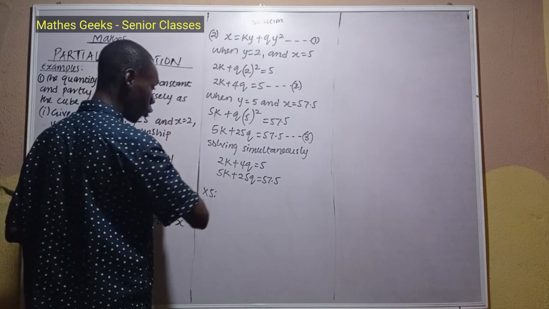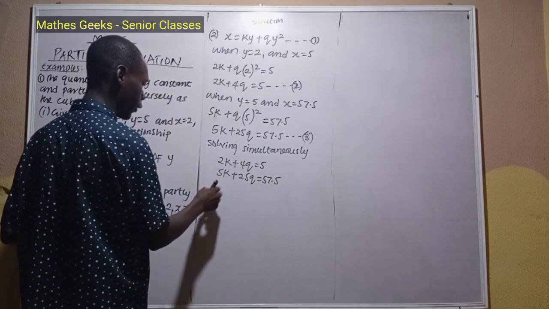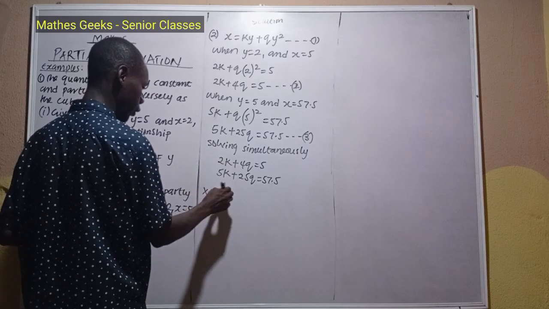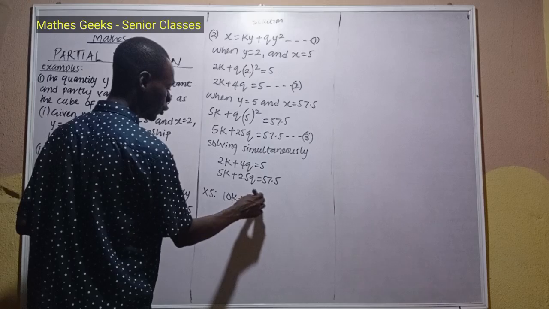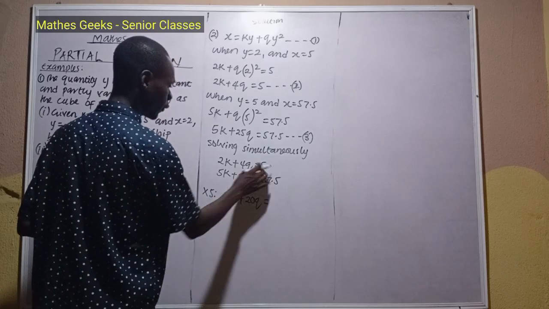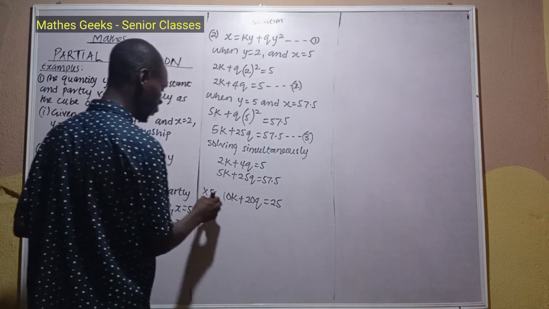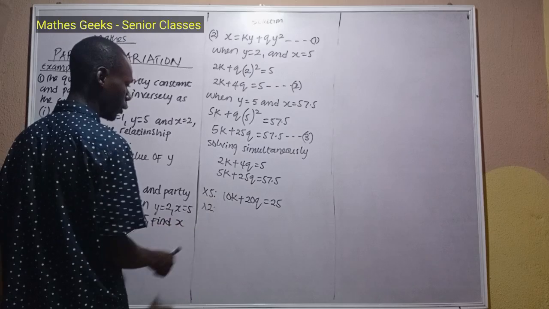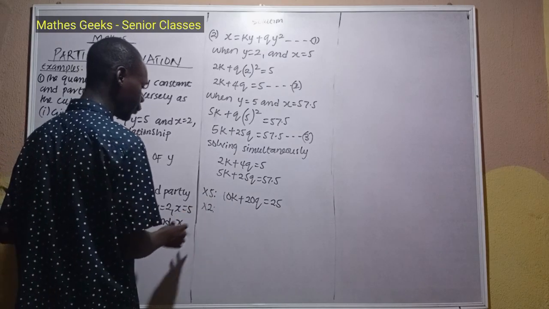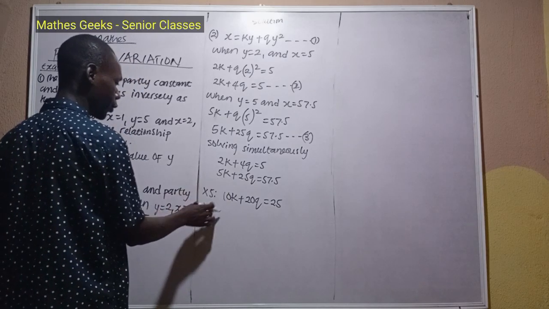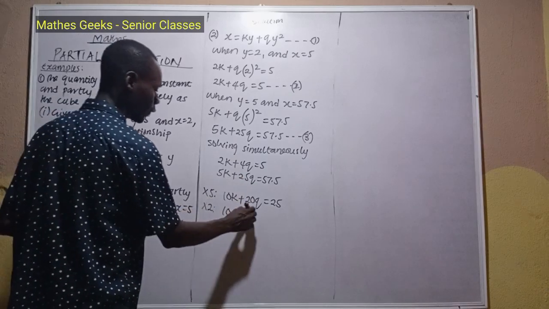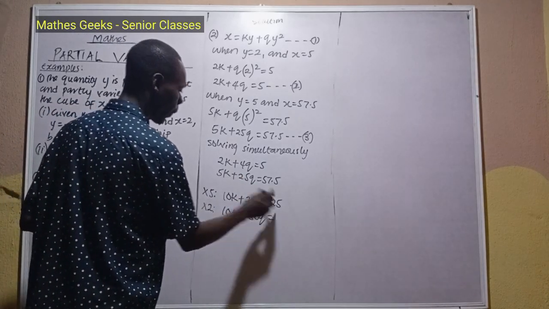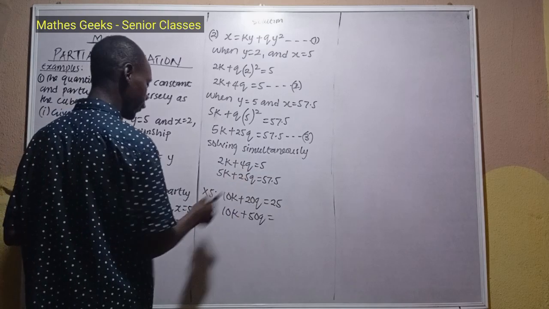So 5 times 2k is 10k, 5 times 4q is 20q, 5 times 5 is 25. I'm going to multiply equation 2 by 2. So 5k times 2 will give me 10k, 25 times 2 is 50q, and 57.5 times 2,